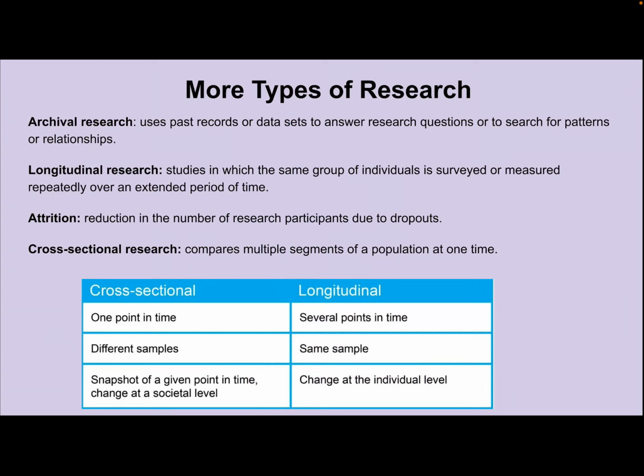Quasi-experiments are things where the independent variable is something like age or gender, which can still be randomized by the experimenters, but it can't be manipulated, right? The experimenter cannot change your age or your gender.